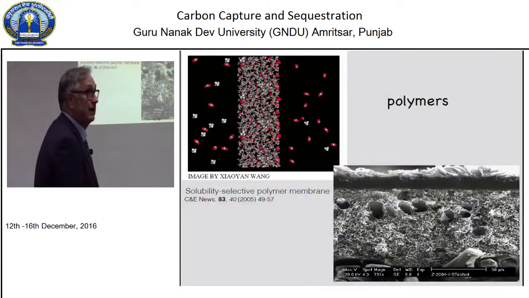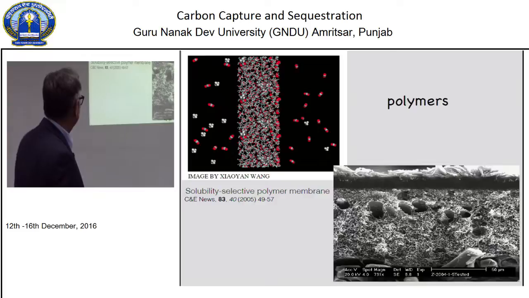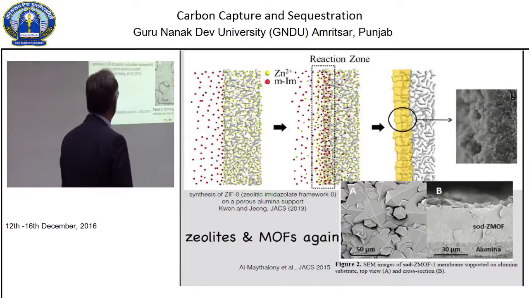These membranes are very elaborate in their construction. Here's an in silico calculation of what one of these membranes looks like, but here's a micrograph. This is the active membrane material right here, and this is the material serving as the mechanical support. So these are very, very thin films in order to allow the best flux of ions through. These particular materials are made of polymers, and that's certainly one of the materials of choice in many of these separation processes. Here's another example of, again, a simulation, and again, micrographs which show the packing of these solid materials,